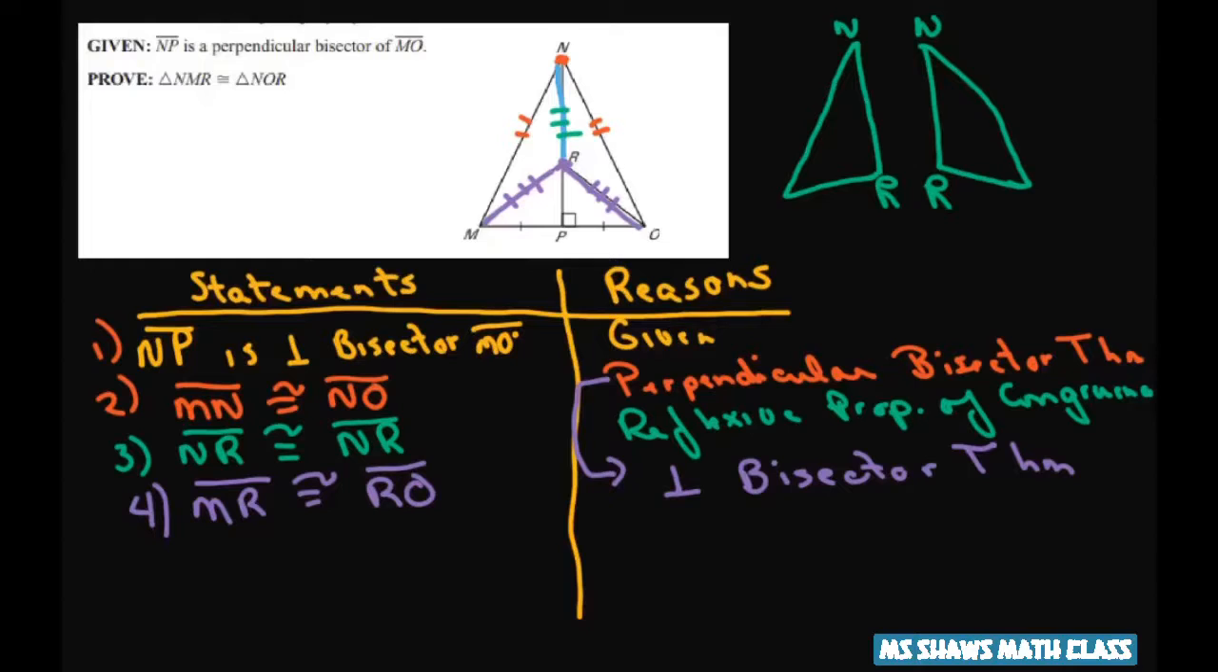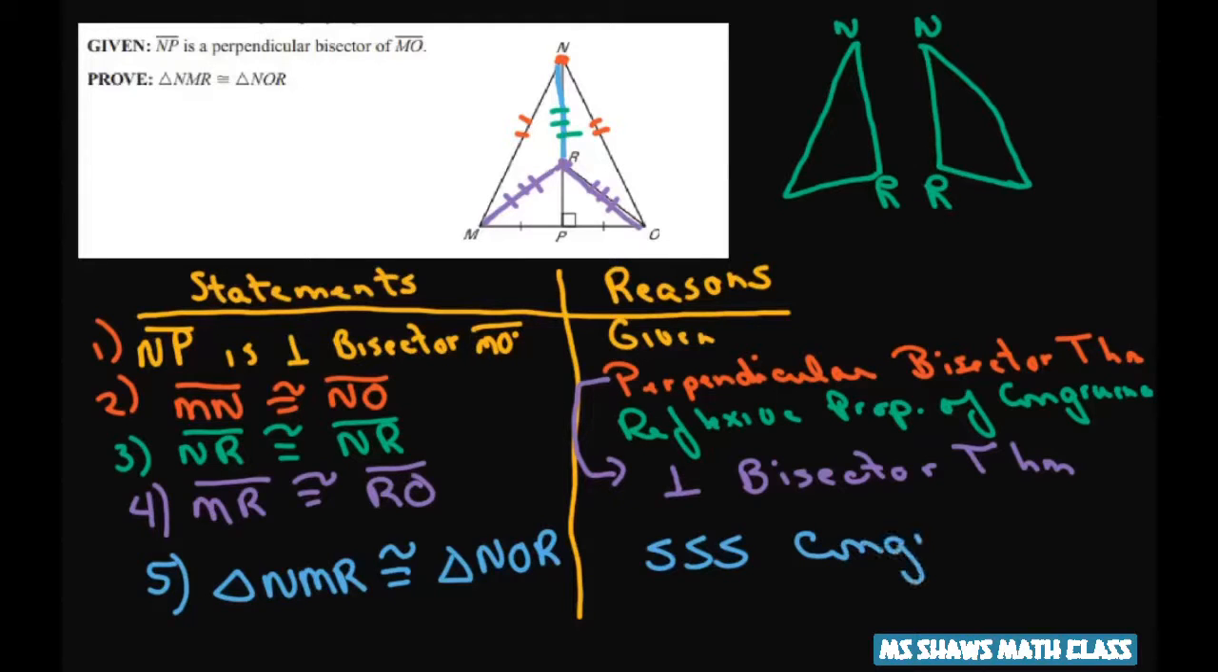So finally, because of that, we know that the triangles are congruent. Triangle NMR is congruent to triangle NOR, and that's due to your side side side congruence